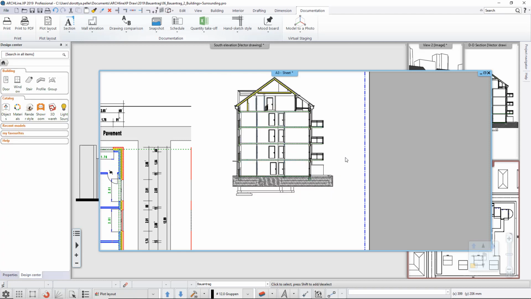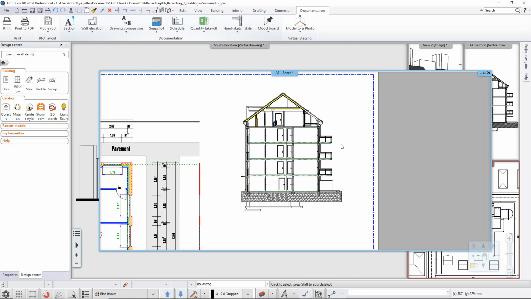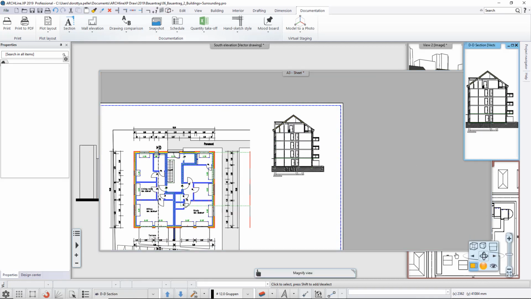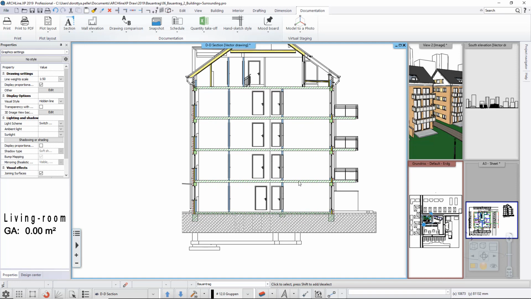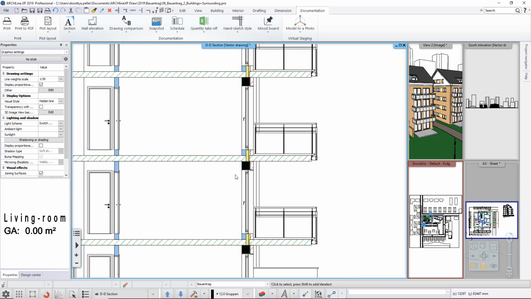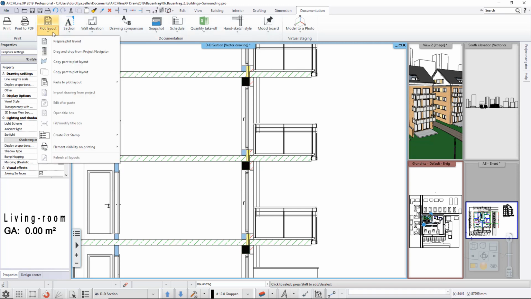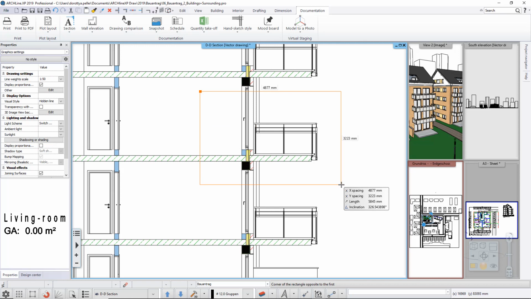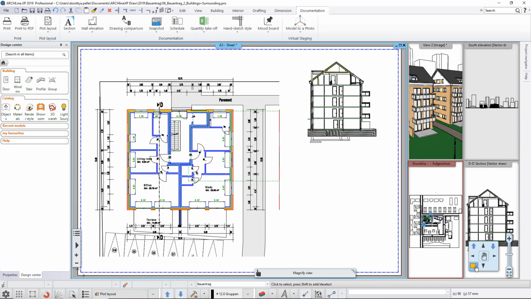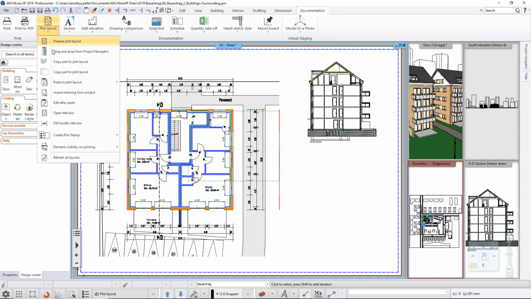What happens if I want to have just a very simple wall connection, just a part of the drawing? I don't want to do the whole cutting again. I want to just have a very manual decision on what I want to import. And I want to import that balcony over there. I want to make a rectangular selection, and I do that with the plot layout, copy part to plot layout tool, and I'm just going to do a selection, decide on the grabbing points based on which it's going to be pasted. I select the plot layout, and I'm going to paste it just as it is in a 1:50